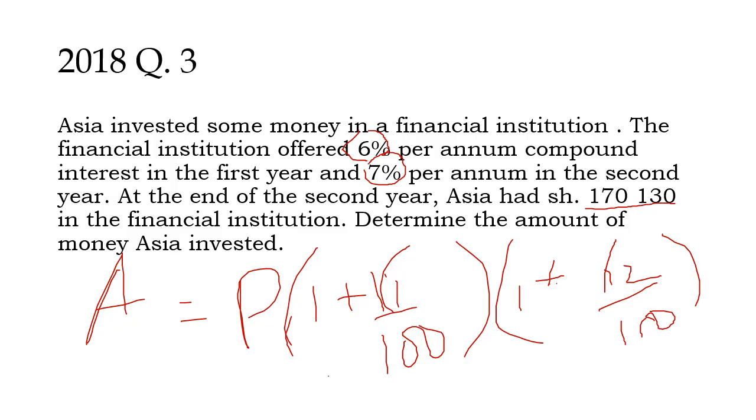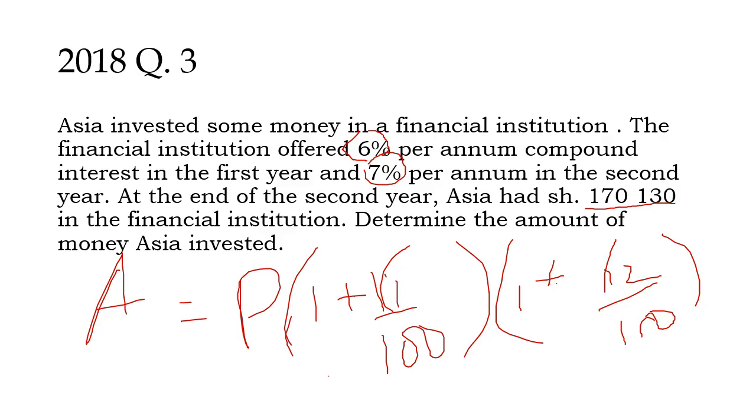Alternatively, you can just say in the first year, what principal did she have, so you take 1 plus r1 over 100 times the time. Now the time will be 1 year. We calculate it in a period of 1 year because it is 2 years, and each year has a different rate, so you do it this way, or